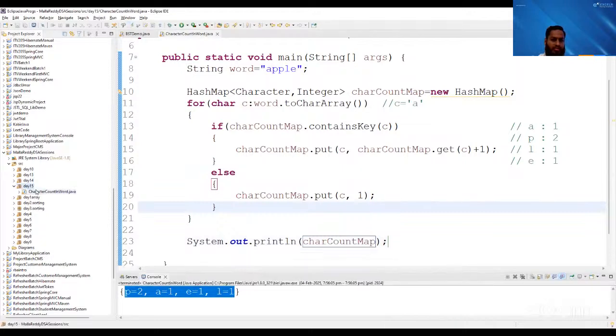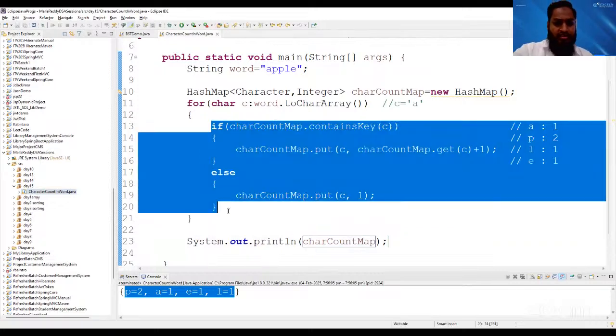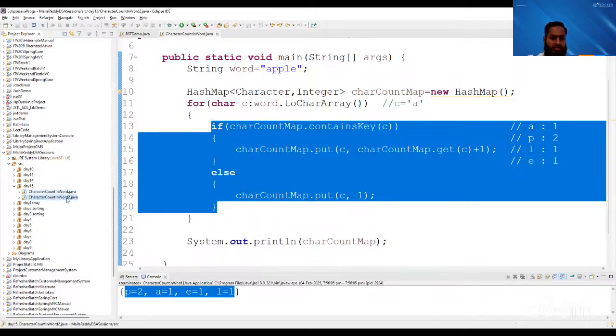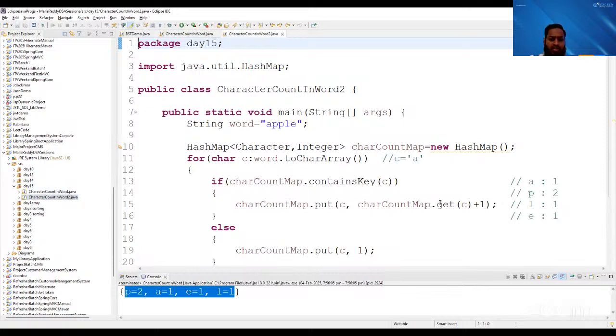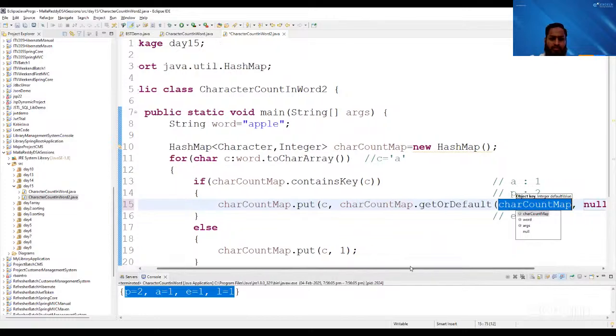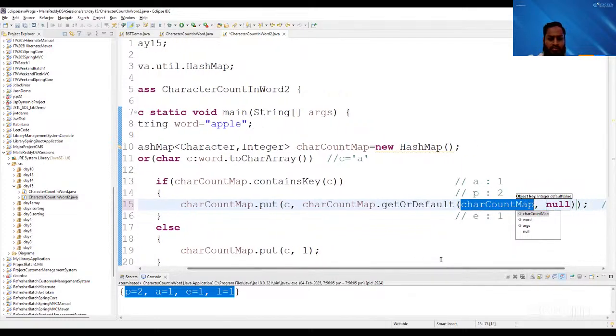So this we can do. We can remove the if else. We can have one shorter function. Let's try to check that. I'm copying it and I'll just paste it over here. So we have a function called get, get or default. So we will say,